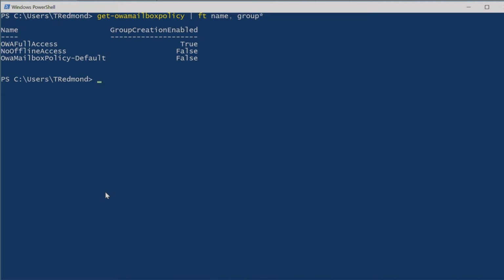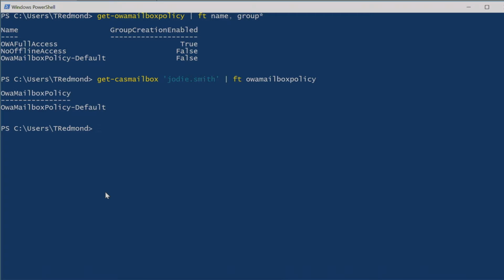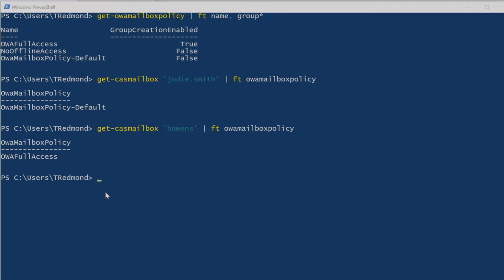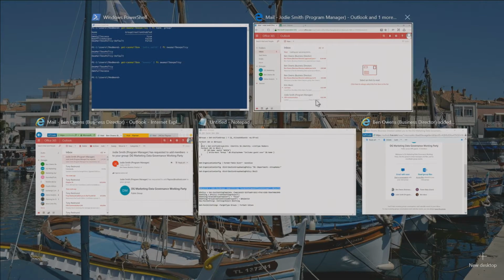One of them is called OWA Full Access, and OWA Full Access is the one that's going to give me access to groups. Other people might have OWA policy default, and that may not be the one that they would like to have, but anyway. So, if we go and look at Jody Smith, we see that Jody Smith has got the default policy. Well, if we look at Ben Owens, he has the full access. So, what does this mean? Well, it means that if we go here to Jody,